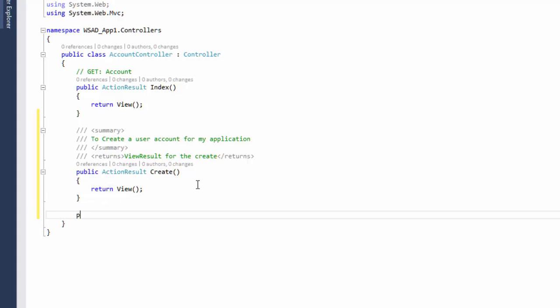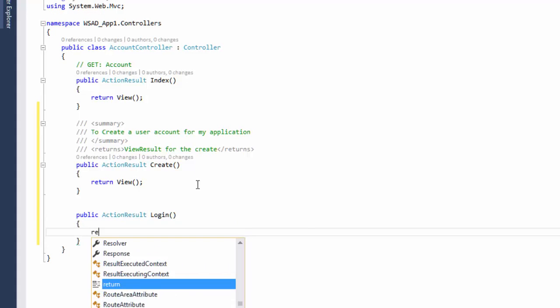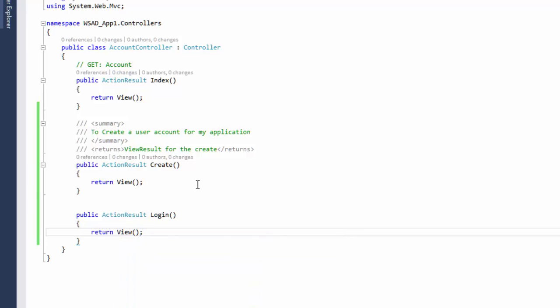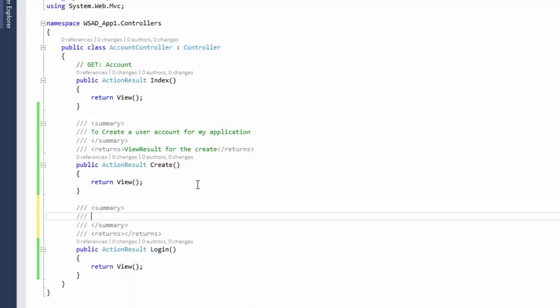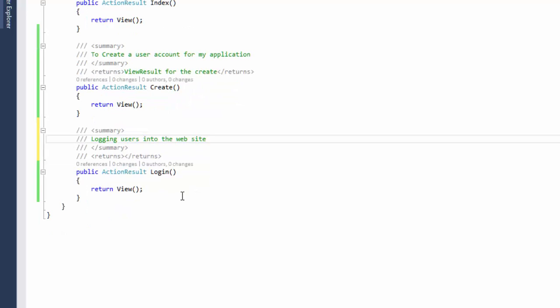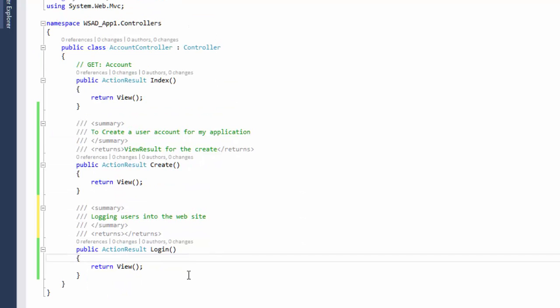But the other one I want to look at is the public action result for login. And this will also return a view. And this one will be in charge of logging users into the website. Alright, so now we have three actions inside of our account controller. Now if someone manages to go to just /account and lands on our index, I want to actually redirect them to the login. So I'm going to change my return value, and I'm going to say return,